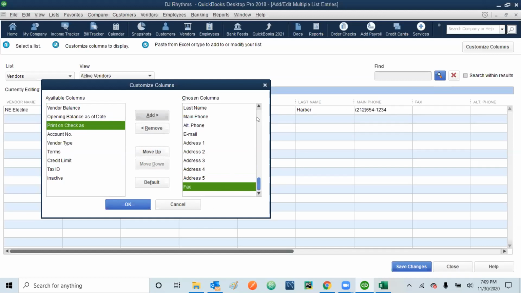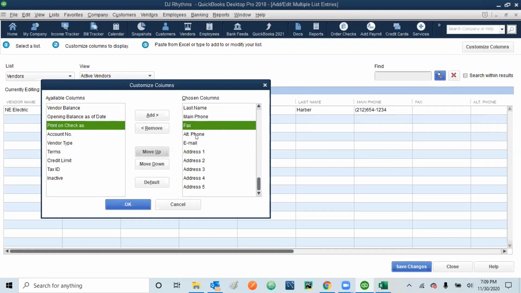So now you can bring it after main phone number. You can just select the fax and then click move up, move up, move up, move up, move up. I have not changed the screen so that I can show you that the fax was after the main phone number. So you can just simply keep going, move up, move up. And then we have main phone number and then fax.